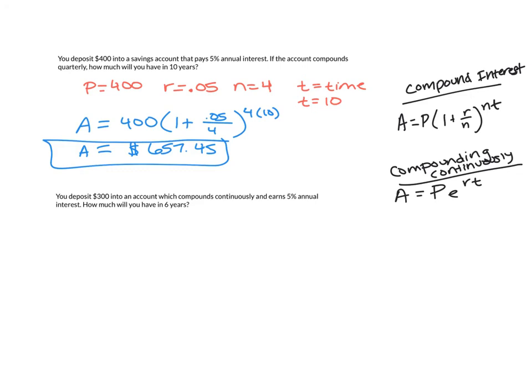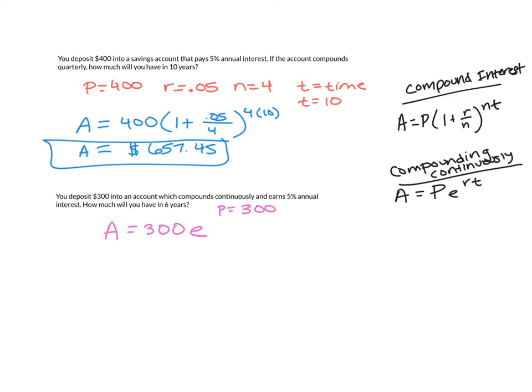Now, in this second example, it tells us that we have a set amount of money that we're depositing into an account that compounds continuously. And so whenever it gives us that continuously word, we know we're talking about continuously compounding interest, which is this: A equals PE to the RT. So again, P is my principal, which is how much I start with, so that's the $300. E we know to be a number, right? That's Euler's number,